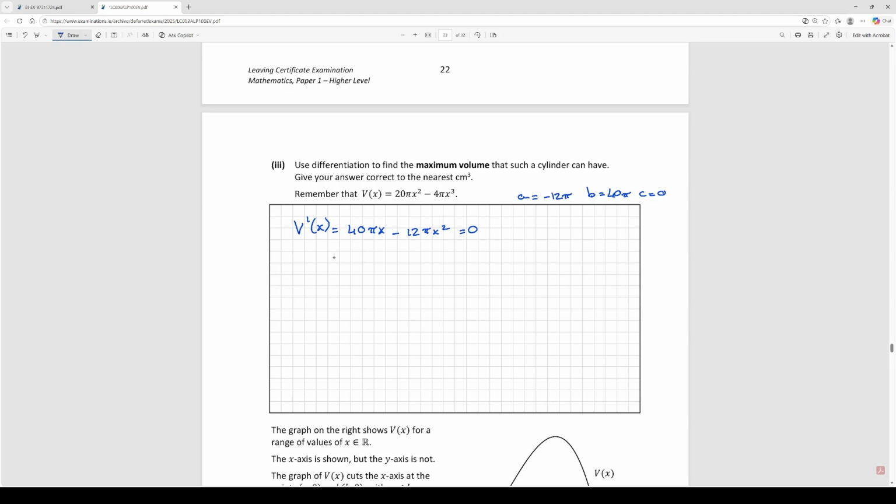But I'm just going to factorize it if that's okay with everybody. What am I going to take out though? I'm going to take out a 4 pi x from both of them. So then this would just be left with 10 minus 3x equals 0, which means x is 0 or x is 10 over 3. Now obviously x being 0 is probably going to be the minimum one, right? If I put that into my volume formula, that would give me a volume of 0. If I put 10 over 3 in,